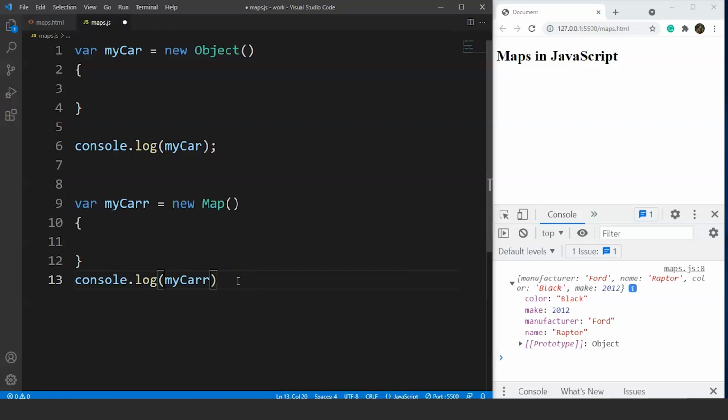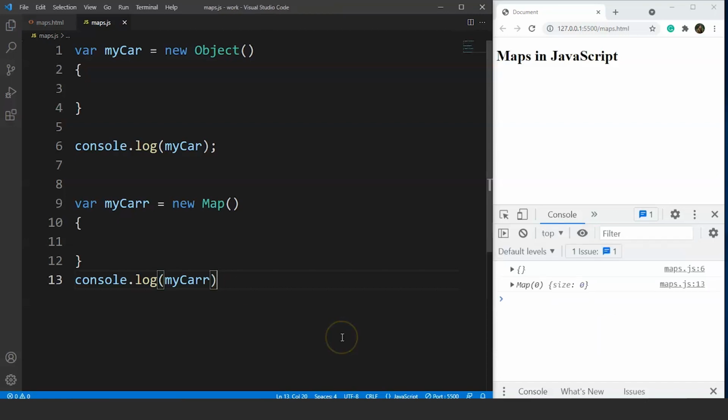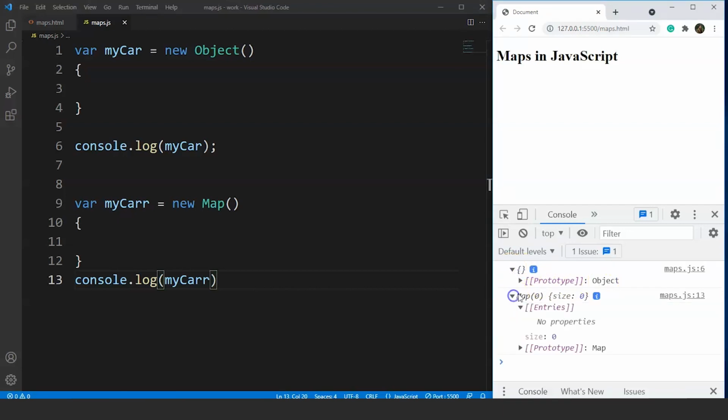Now we have two different objects here. One is a simple object and the other one is a map object. There's a slight change in the object name you can see over here. The map object here is with 2R. So let's check the output on the console. Now save it. You can see here the difference between a regular object and a map object. Click on this empty object, you can see the prototype is Object and the prototype for map object is Map. Now let's move on to VS Code again and we'll go through maps now.